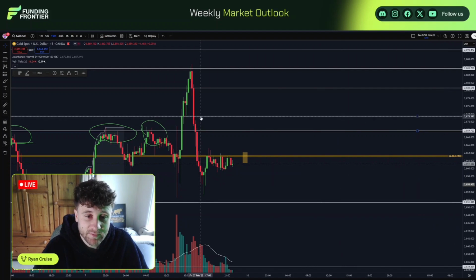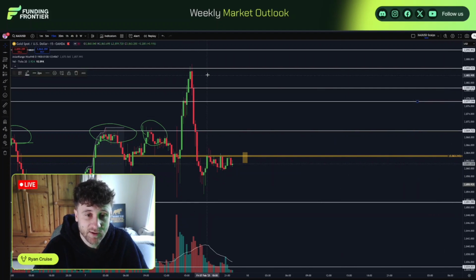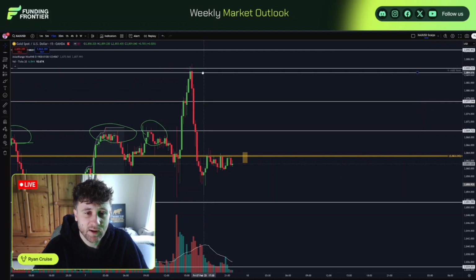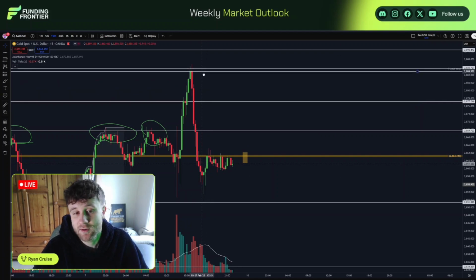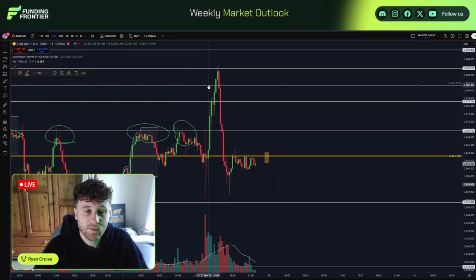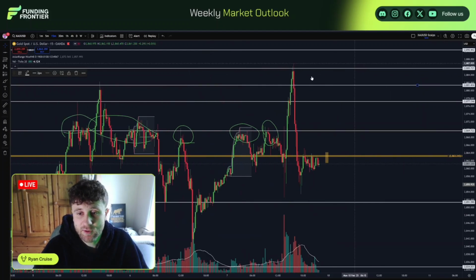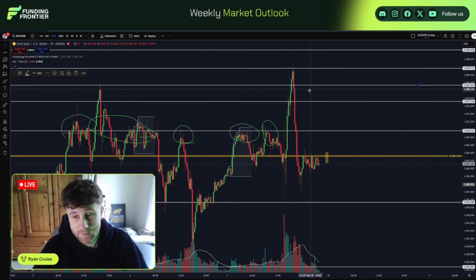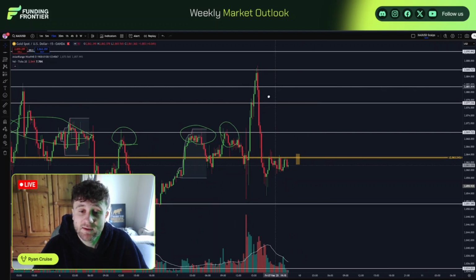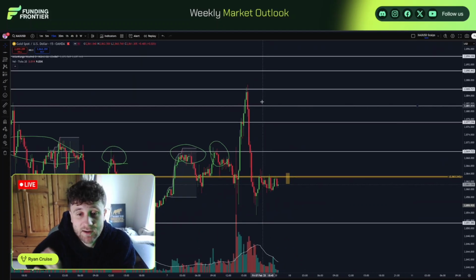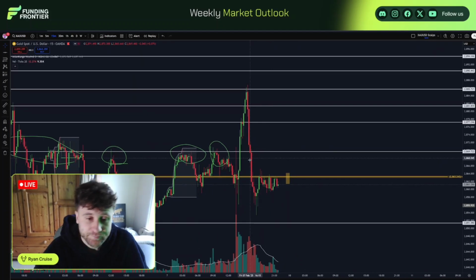TP1, TP2 again, just going to use that previous resistance there, and then TP3 I will be running it up to that previous resistance that way to the top. Then you go into all-time new highs. Now we do have that reaction point there because we've drawn out this line, right? We've drawn out this key area on a different time frame, on a higher time frame. Therefore, it is a point of interest where we could react. So leaving them in is very crucial as well when you're doing your weekly market outlook.